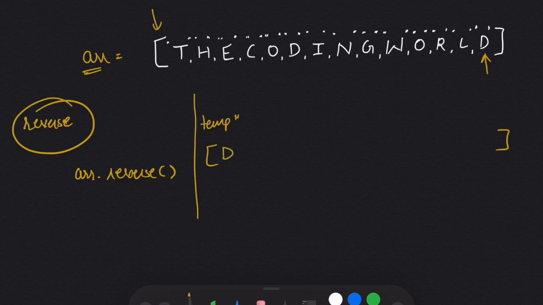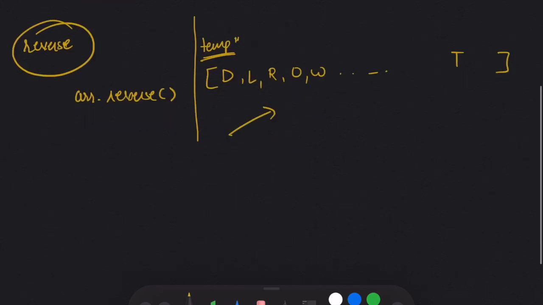First we will put D, then we will put L, then R, then O, then W, and in this way we will keep filling. At the end we will get our reverse format and we can simply return it. But in this case the space complexity will be O of n because we are using extra space, and time will be equal to O of n.